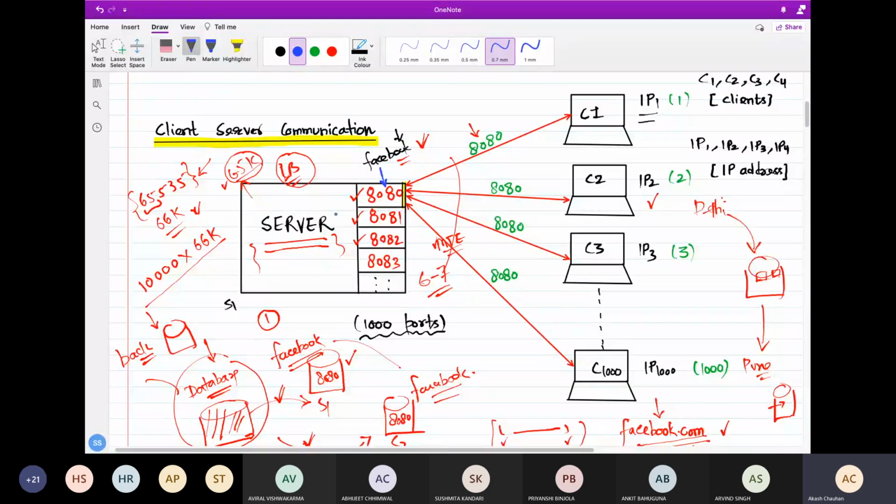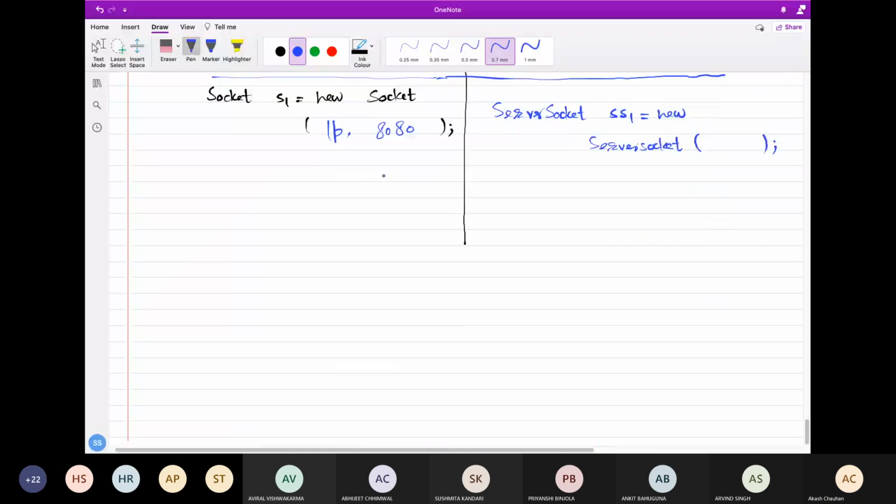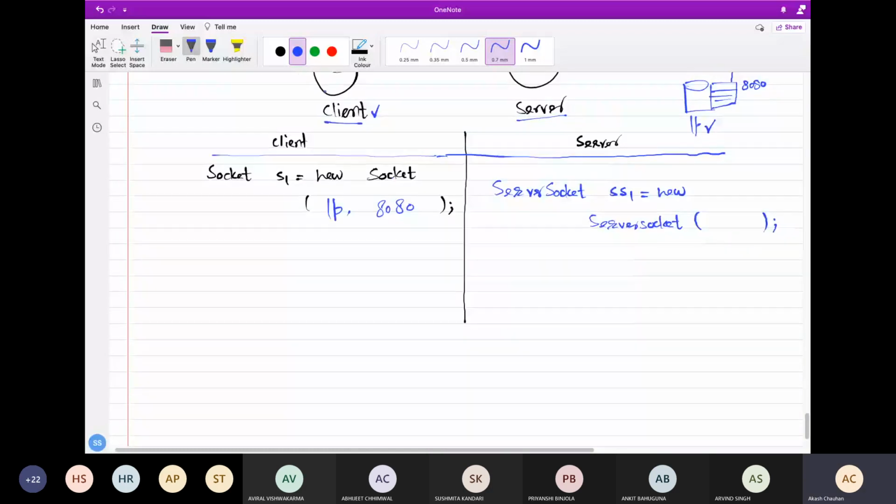Okay, so you can manually up and down your web application. So only when your port number is active can you access this facebook.com. So it is the responsibility of the server here to make sure this particular port number